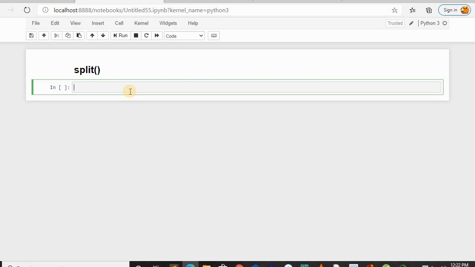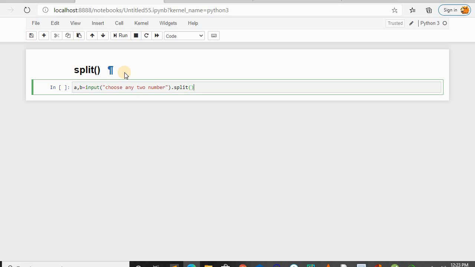First, let me write the code and I will show how that code works. So this is the syntax and I'm going to get two numbers from the user. I'm using the input function and I'm asking the user to choose any two numbers, then dot split. Here I'm using the split method. So how this code works here is it is asking for two numbers. Note that whenever we are using any kind of method or approach, we have to use the input function to get input from the user.